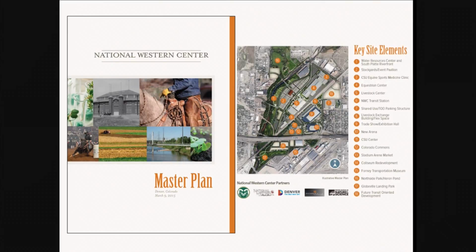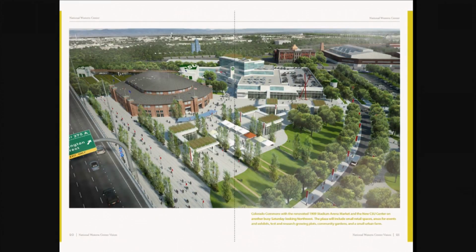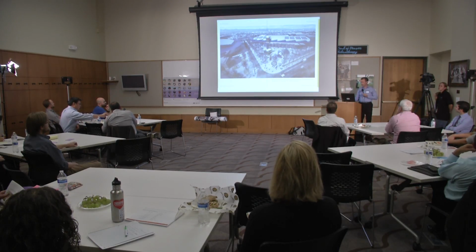So it meshes with all the recommendations, the Elyria-Swansea plan on one side, the Globeville plan on the other side, but then goes in more depth talking about and envisioning, there's that word again, how to use this space that for the last many decades is just used a few times a year. And you really wouldn't go there, and it's hard to go through there. So this master plan takes the transportation recommendations and land use recommendations from the small area plans and fleshes them out to talk about what the spaces should look and feel like, how they can be used at various times of year,